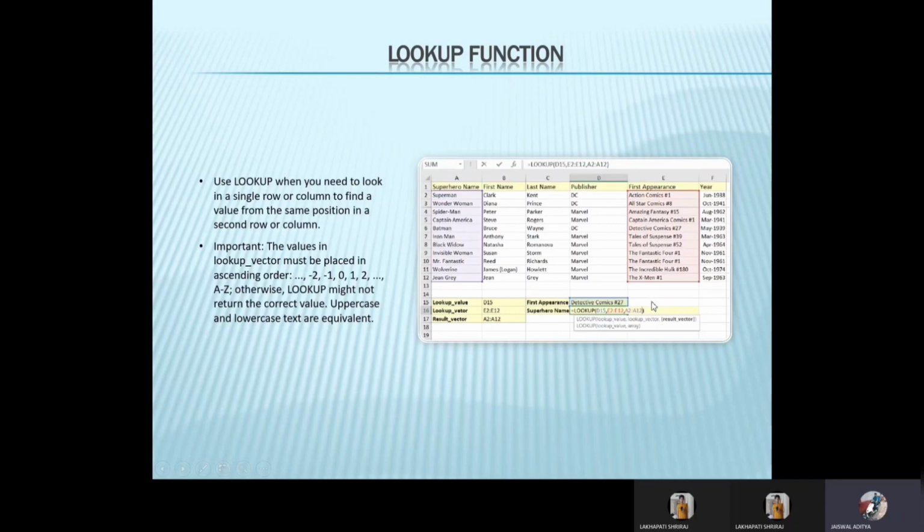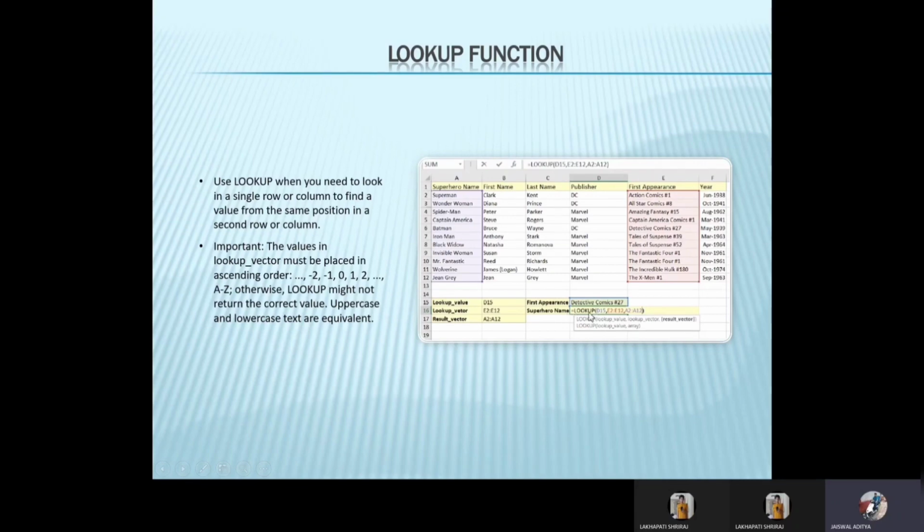Let's take another example. For example, if we take E7, that is the title Tales of Suspense #39, over here we can see Iron Man was the superhero. But what we would do is, instead of Detective Comics, we write Tales of Suspense.